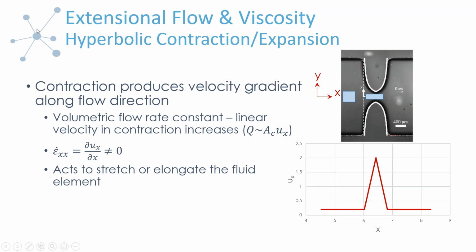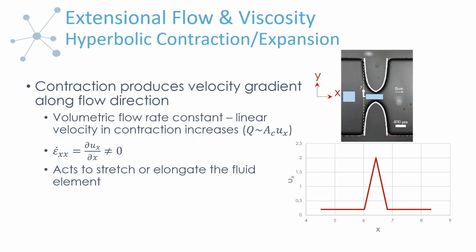So our technology has what is referred to as a hyperbolic contraction and expansion. That's the image we have here on the right. Fluid is flowing along the channel, and then at some point, the diameter of that channel contracts and then ultimately expands again. So what's the relevance of that? The relevance is that this contraction is going to introduce a velocity gradient that now is parallel to the direction of flow, or in the same direction as the flow field.